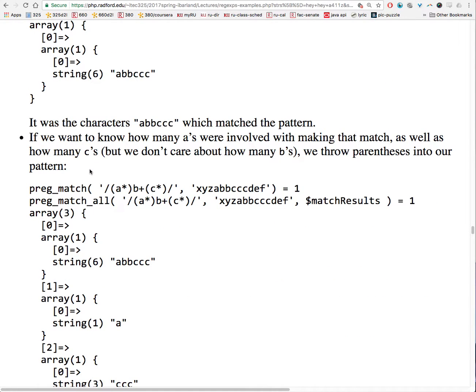What if we have several different matches going on? Okay, sorry, but before that, what if we want to know the subparts? Say I have this A star and B plus and C star, and I know that it occurs somewhere in my string, but tell me what was the part that matched the A star? What was the part that matched the C star? Maybe I don't care about matching the B plus. If I want to know that,